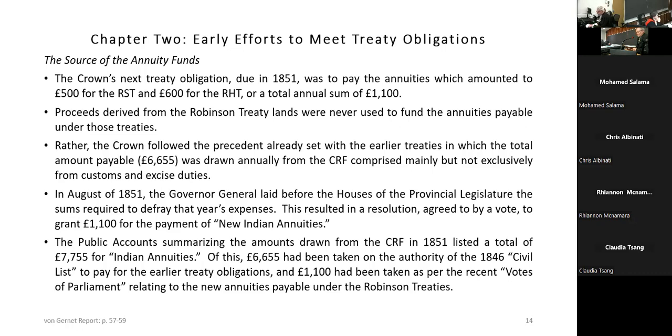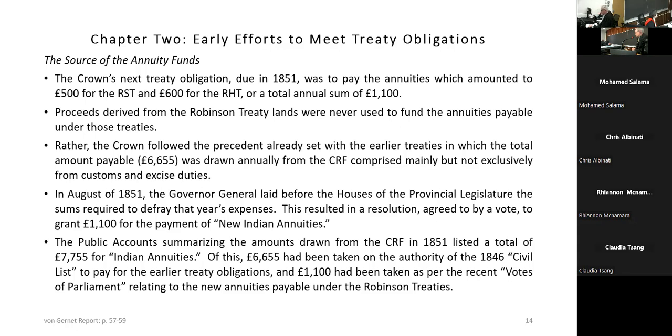A vote to draw 1,100 pounds from the Consolidated Revenue Fund for the purposes of paying new Indian annuities. That was the term used, new Indian annuities. And that term was used to distinguish the new Indian annuities from the old ones. Remember that the old Indian annuities in the amount of 6,655 pounds